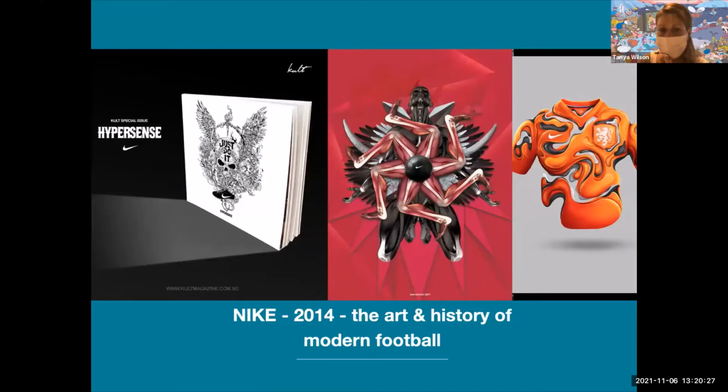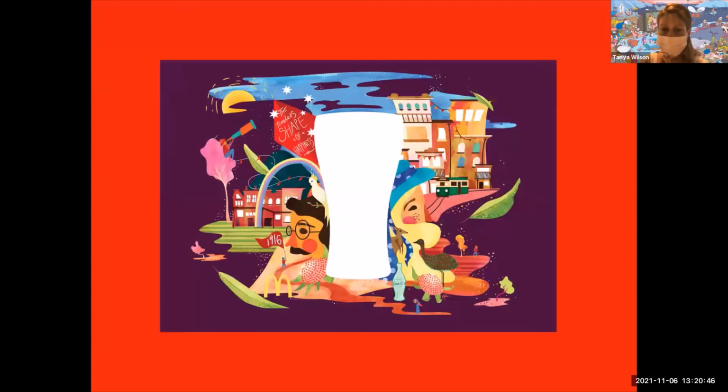And these are some of the clients that we worked with. When we worked with clients like Nike, they wanted us to find illustrators from all over Asia, places like Myanmar, Laos, Cambodia, Mongolia. And we were able to find talent in all those countries. Some of the works that we did. And for Coca-Cola,